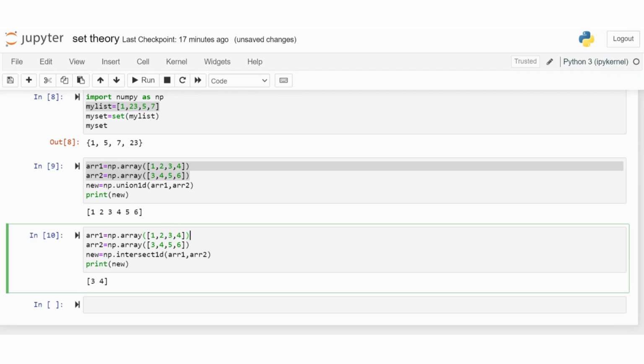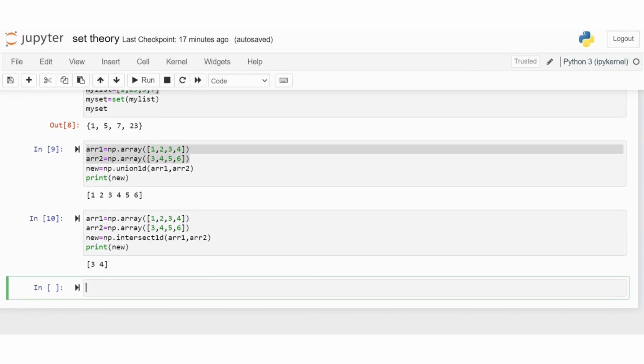Next is the difference. The difference is a collection of elements of set A and set B which are present in A but not in B. For example, let's create a set difference.